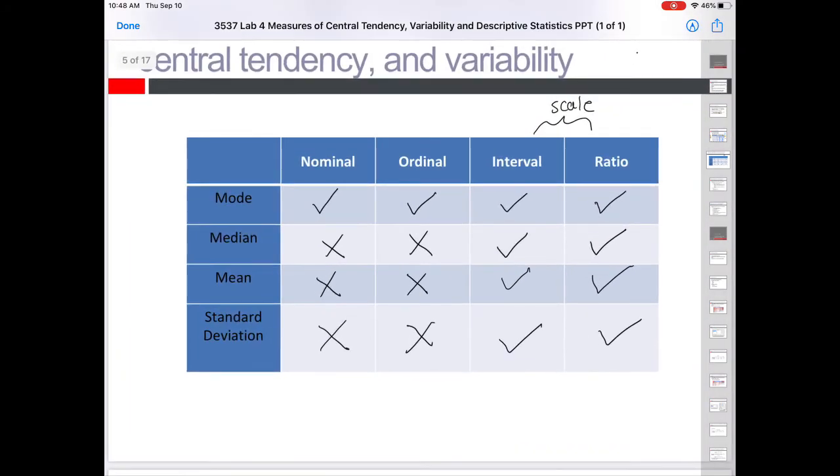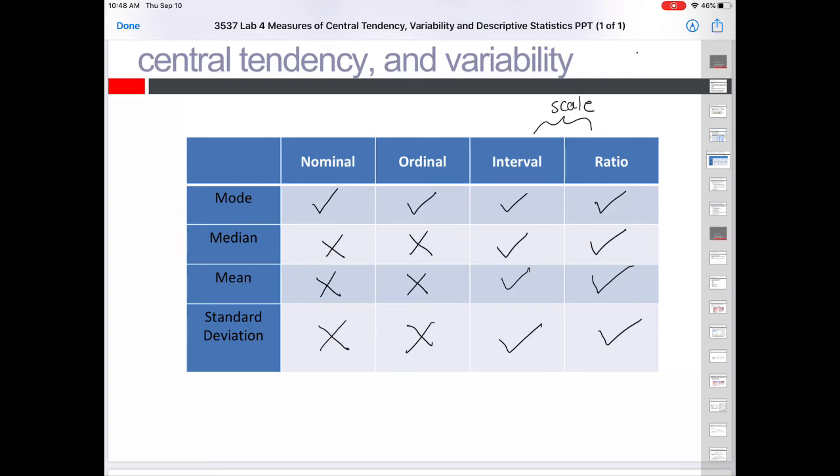So this is a chart. It might be flipped the other way around if you see it again, and possibly if you've already seen it in lecture, it might be flipped the other way around, but this is just so you can view it in multiple ways and really understand why we use each type of measure of central tendency and variability with these different types of data. And I think this will become more clear as we get into the lab and actually calculate